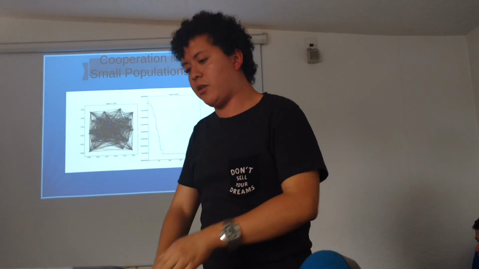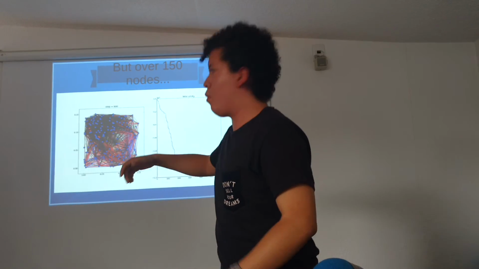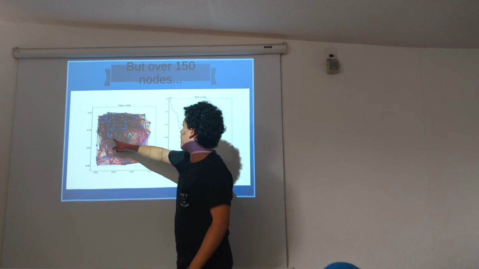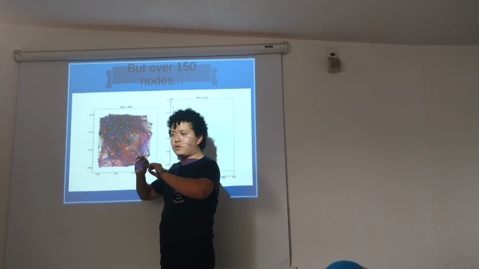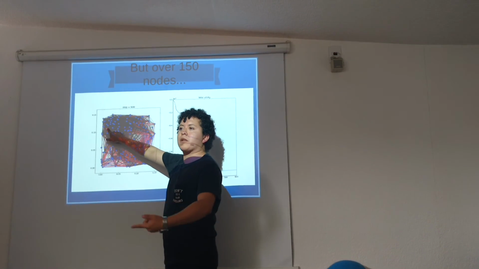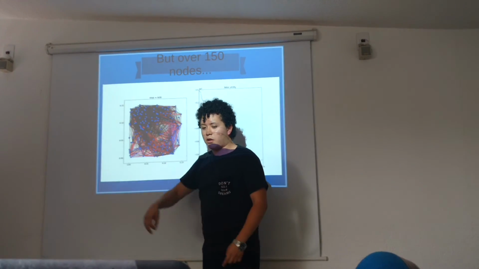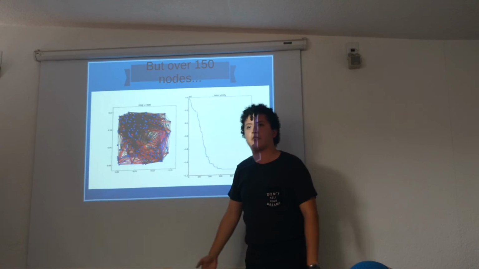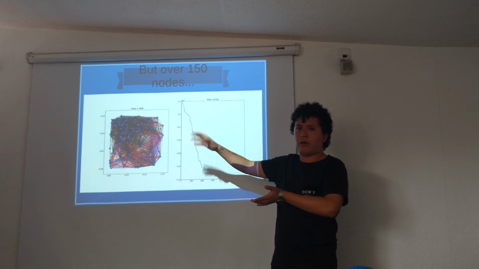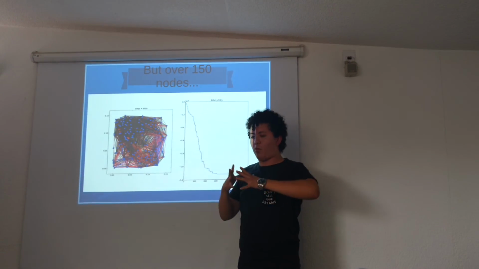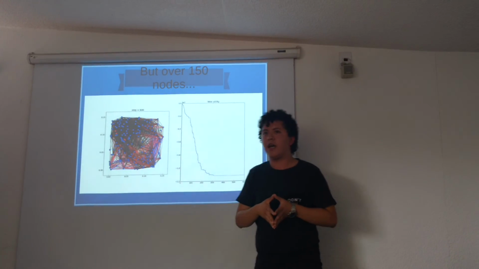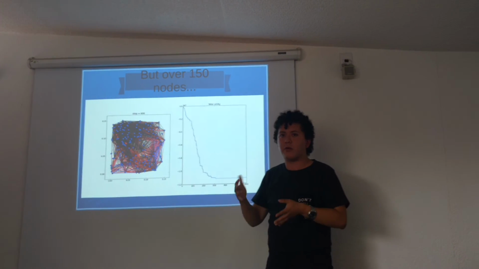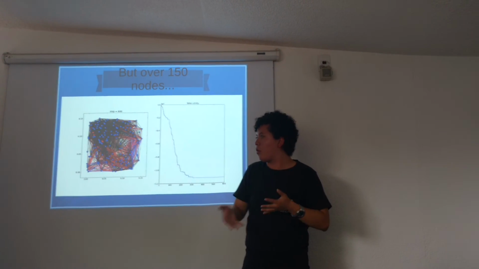But we saw that, for example, in 150 nodes, that is the Dunbar's number, a few nodes turn to another pattern. Some of these nodes don't converge with all the community. That is, the Dunbar's number is correct, because around 150 elements we start to see that some humans don't cooperate with all the population or the community.